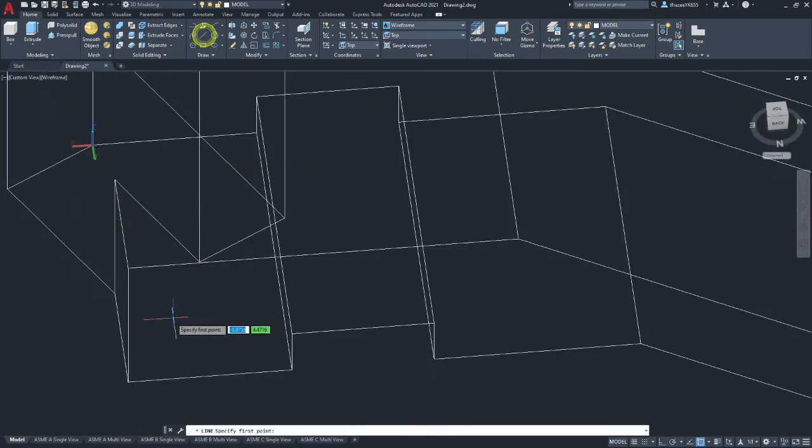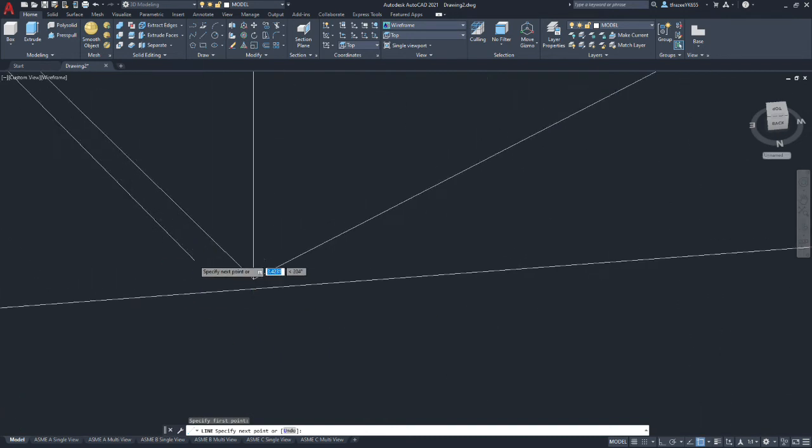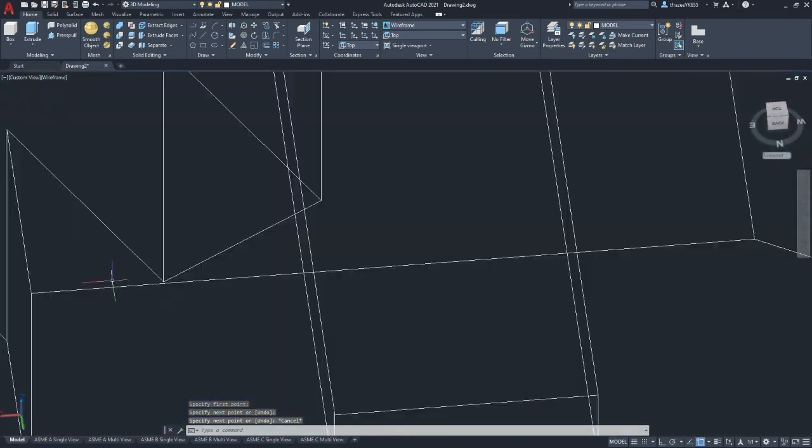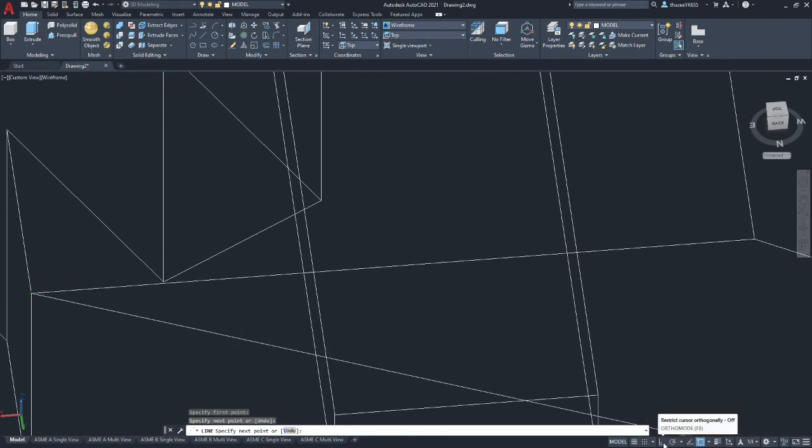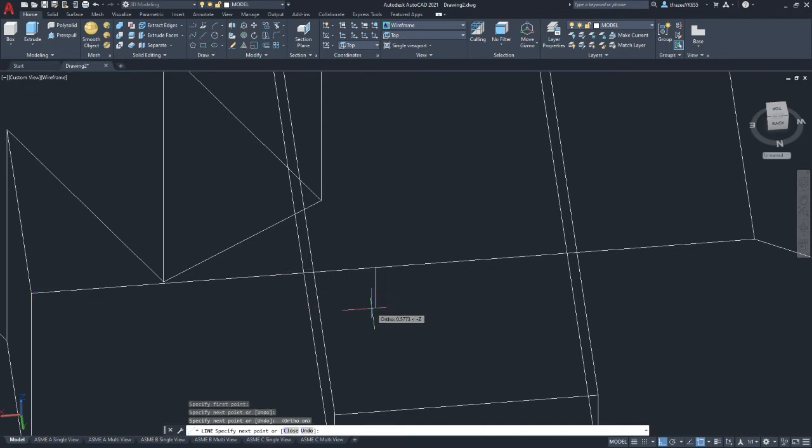To do so, we're going to draw a line from this vertex to the opposite vertex. Then we're going to draw a line from that same original vertex to the left corner. And then we'll draw another line that's going to shoot past. And at this point, we're going to turn on ortho so that we make sure we're 90 degrees, and draw the line to the right. Can't really see it because it's on top of the solid.